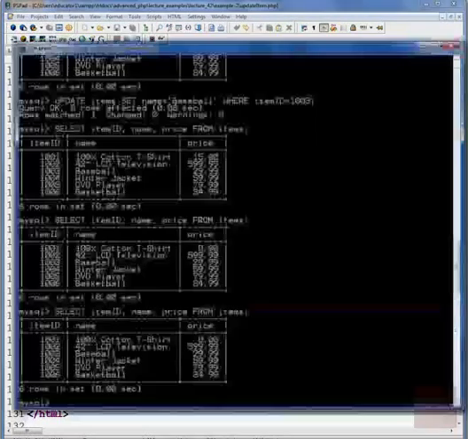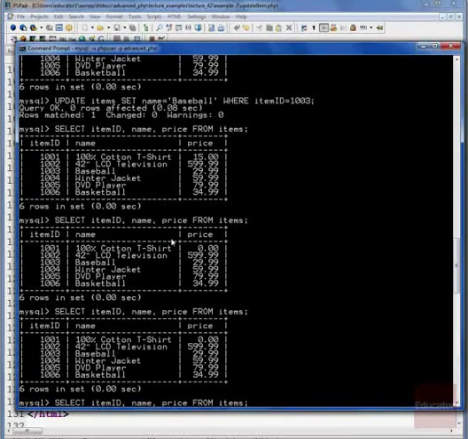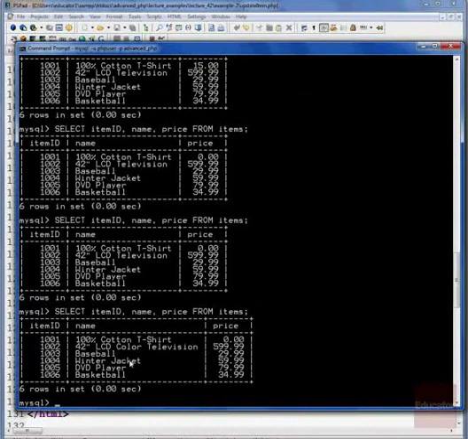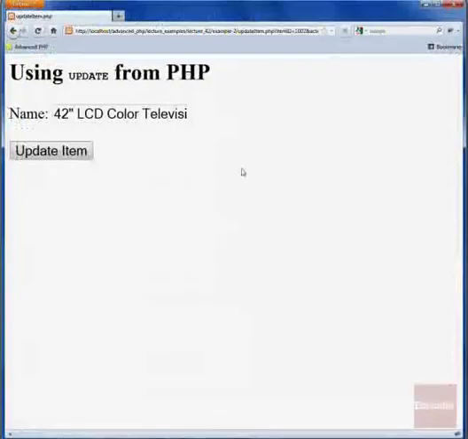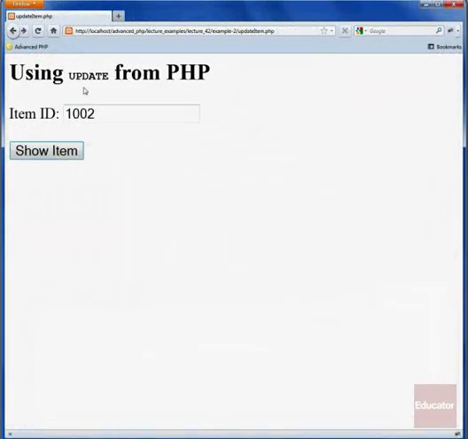So if we look at the current status of our database, we can see we have a 42-inch color television, $599.99. Well, let's say we wanted to update the name of that. Right now, let's take a look at what that script looks like. If we go back and select item 1002 and click show item, now this has actually a special